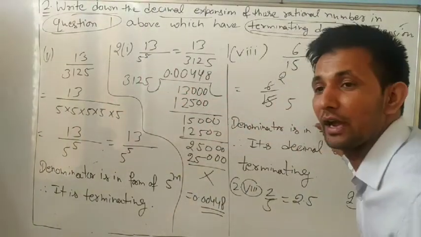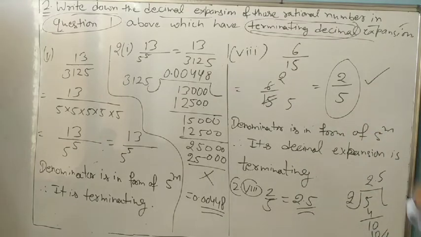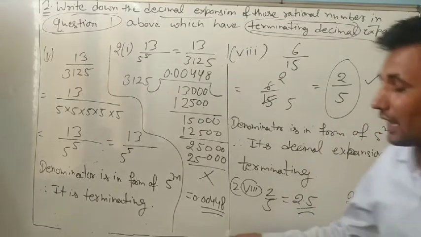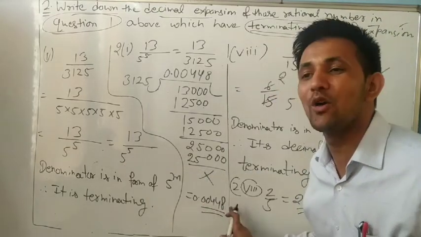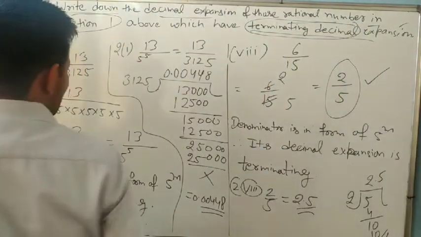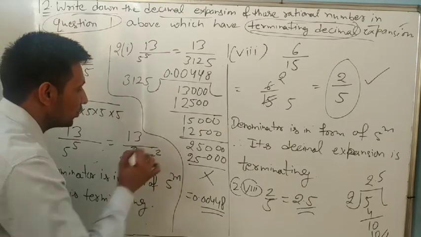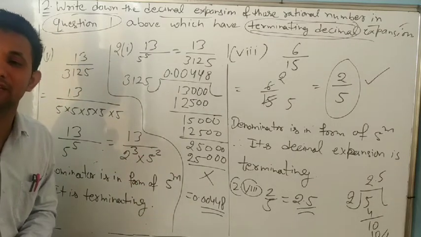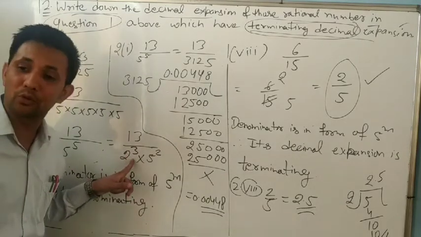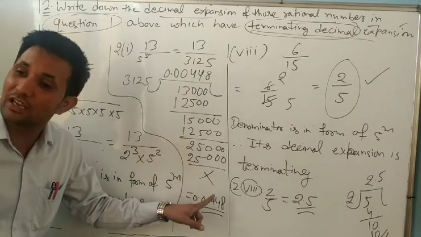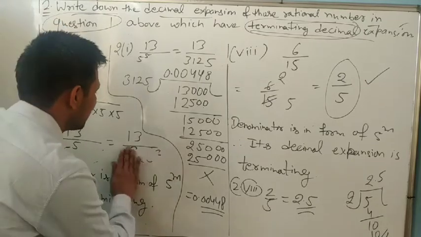Yes, how much power of 5? How much? 1 power. So it means after 1 digit it terminates. Directly you can find. How many powers of 5? 5. So 1 2 3 4 5. Maybe in some question it is given 2 to the power 3 and 5 to the power 2. Now you will be confused after how many digits it will terminate. We will check which one has more power. Which one? 2. So after 3 digits it will terminate. Understand it? So like this one also you can find.